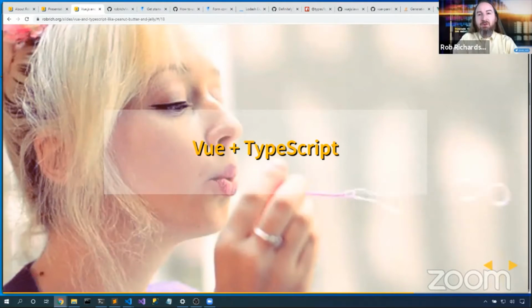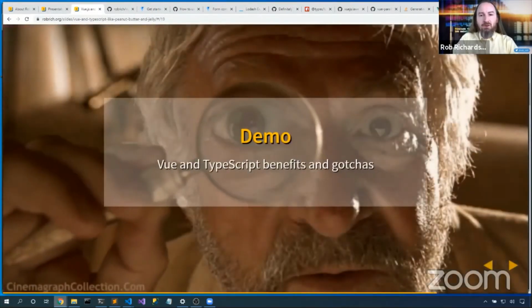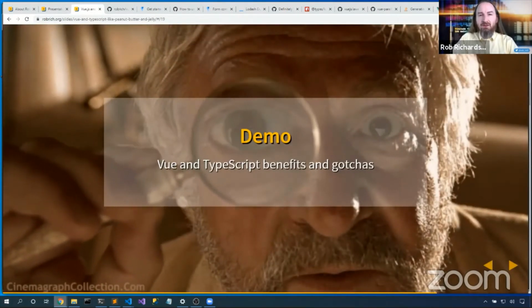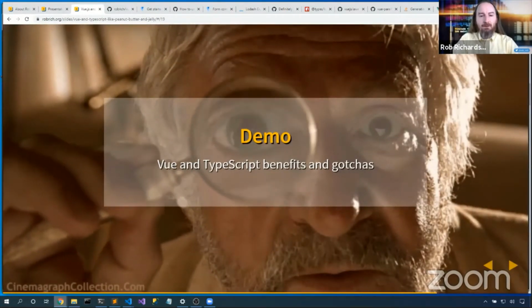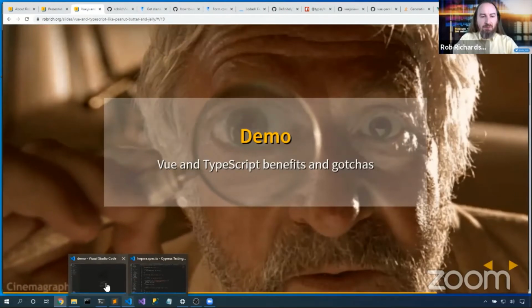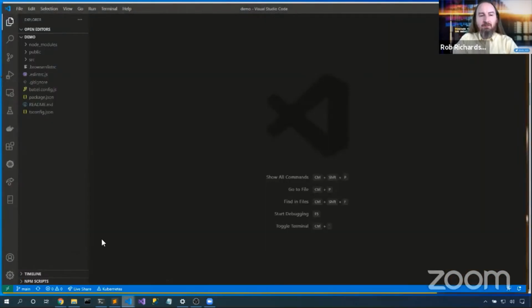Awesome. Well, we saw how Vue really focused on developer productivity. We saw how TypeScript focused on developer productivity as well and making our intent clear. So let's add Vue and TypeScript together. Now, I created this application just with the Vue CLI. And what we see in this app is just the normal things. I can see I have my